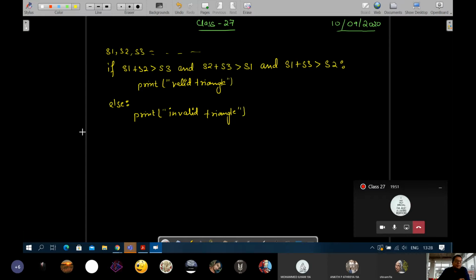Now tell me, do you have any doubt? Okay, Ullas, no problem. See, you don't have to check only one combination. At the same time, all should apply. So the first condition should apply, the second condition should also apply, and the third condition should also apply.